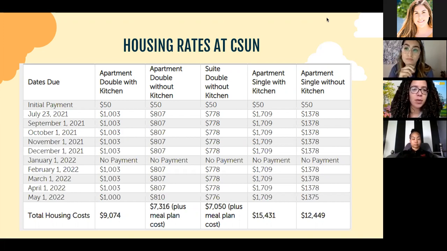So this is definitely the week to start checking out, if you're starting to lean towards a school, maybe you are leaning towards CSUN. Right now is definitely the time to see, okay, what am I going to have to pay? Are there any fees, particularly to my SIR and to my housing, if you are going to dorm?